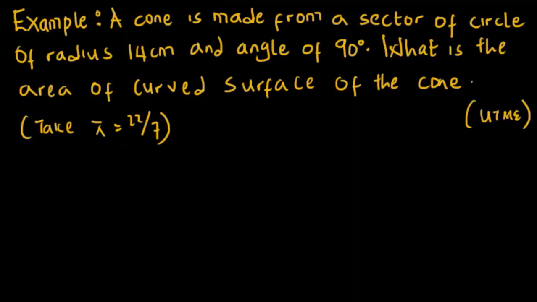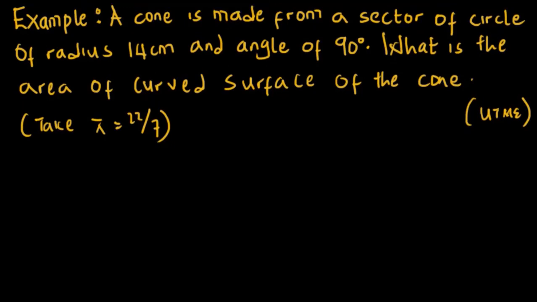So we have a cone that is made from a sector of a circle of radius 14 centimeters and angle of 90 degrees. What is the area of the curved surface of the cone? Take pi equals 22/7. Now let's solve this. The first thing I want to do, that I usually do, is to try to